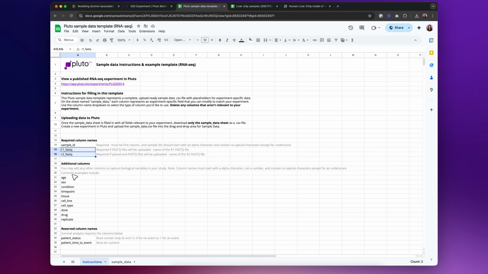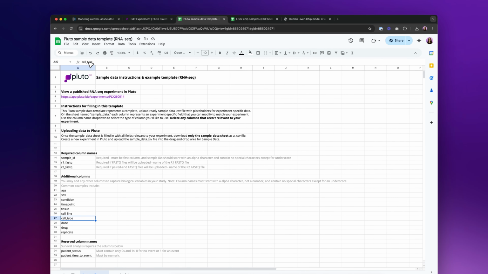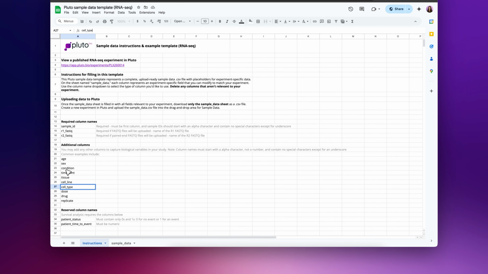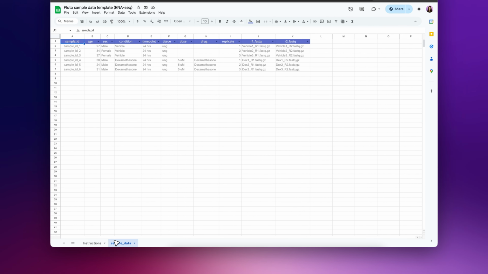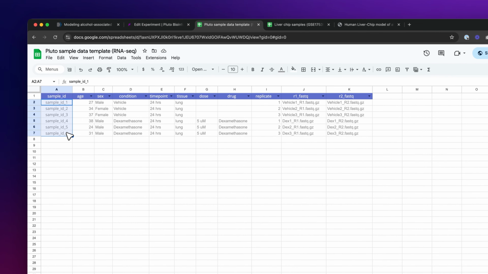The rest of the columns that are going to go into your table are really up to you. The only rules here are that they have to start with a letter and then only have underscores in here, so avoid any special characters besides that underscore. Looking at the example sample data on the second tab of our template here, you'll see unique sample IDs in